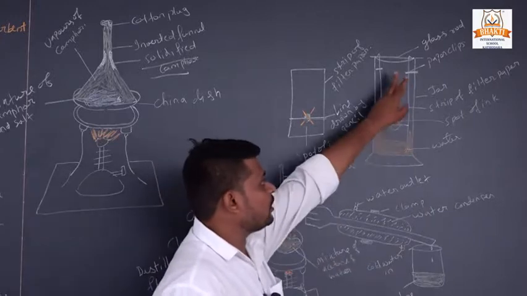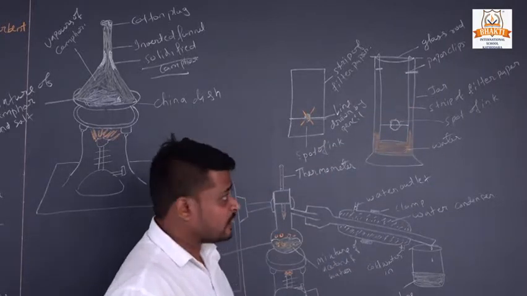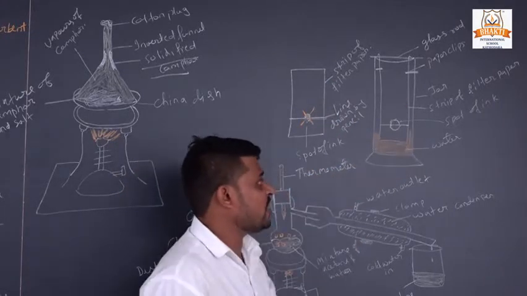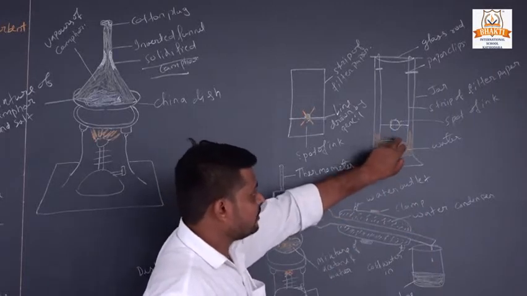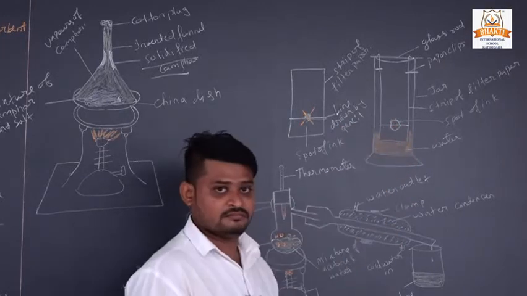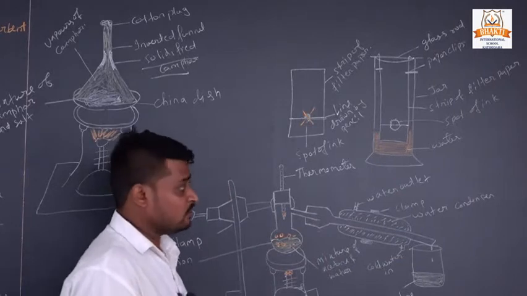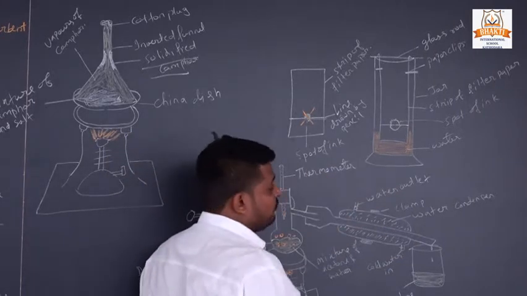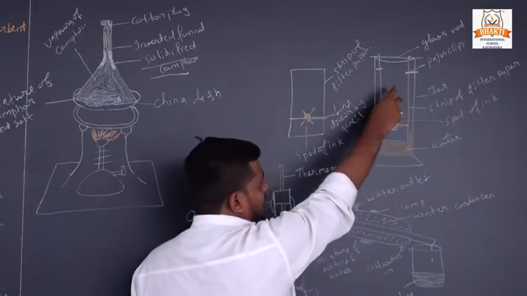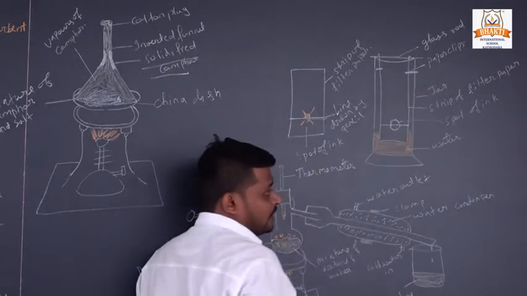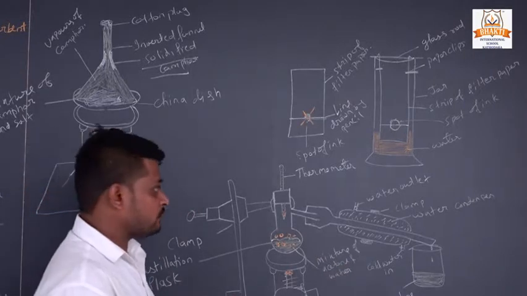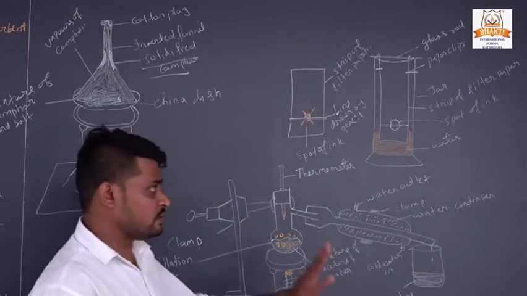Then we put the filter paper with the spotted ink into the jar. We fill only half with water, so it doesn't touch the line; the water is below the line. We close the jar with a glass rod and hang the filter paper with a paper clip. We should not disturb the filter paper and jar.